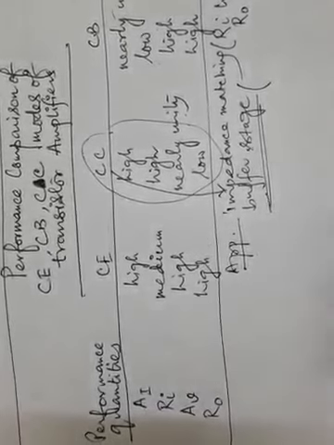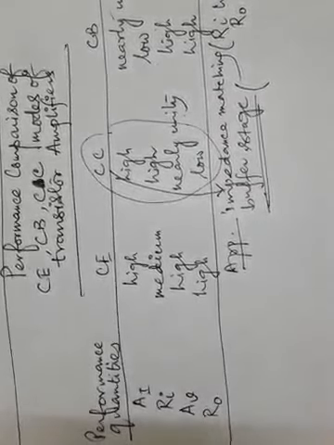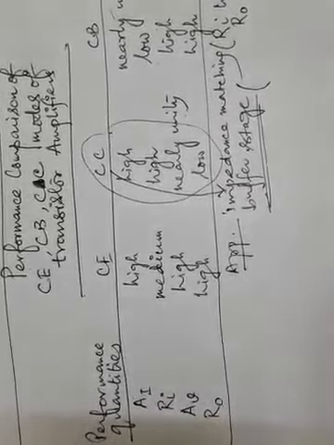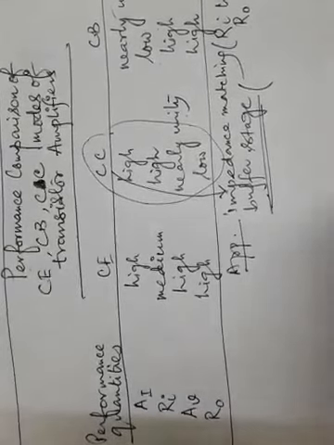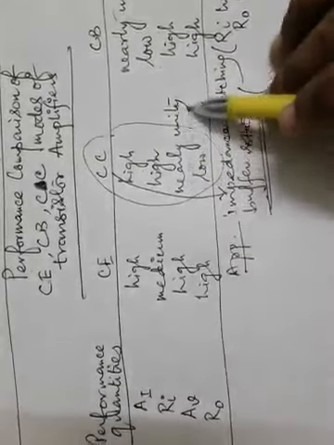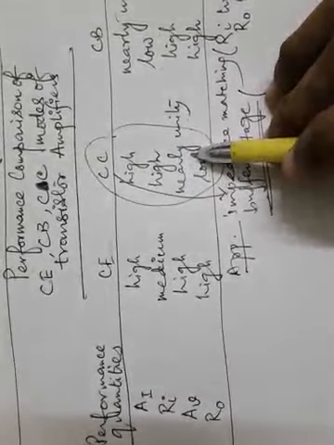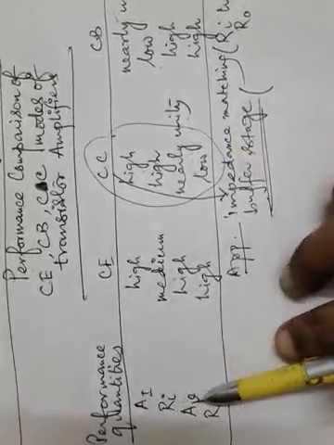Though this configuration is not used as a voltage amplifier because of nearly unity gain, so no question of significant amplification in terms of voltage through the use of it. But still it can be used as a power amplifier since its current gain is large. Because its current gain is very high, in spite of having voltage gain nearly unity, still it can be used as a power amplifier, and you know the power gain is the product of current gain and voltage gain.